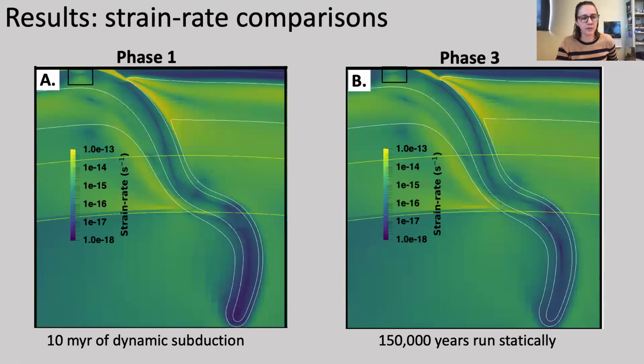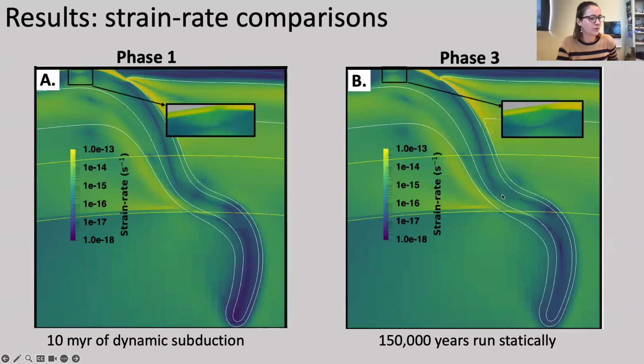The strain rate comparisons also show good spatial comparison between the two. Again, we see our neutral plane, we have our depths and tops and bottoms of the slab with higher strain rate and lower strain rate between the two. We also are able to reproduce some shear banding in the outer rise area of the slab between both the dynamic and the static solutions. So overall, we see good agreement that supports that this static method is a valid way to approximate the present day conditions.